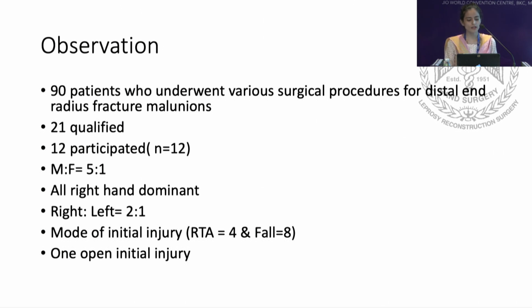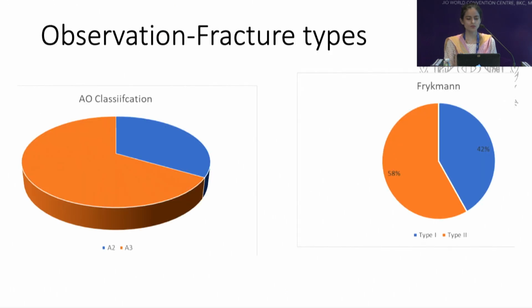injuries noted to be right to left as 2:1, and the mode of injury was noted to be RTA in 4, and 8 had a history of fall. There was one patient who had an open injury. Depending upon the fracture type, as per the AO classification, A2 was the maximum that was seen